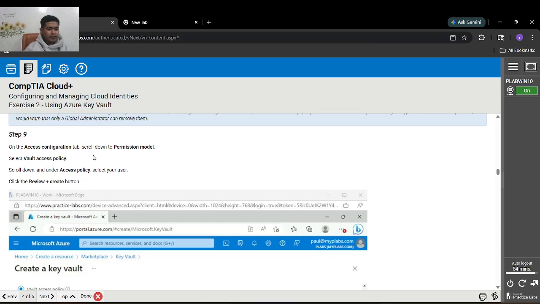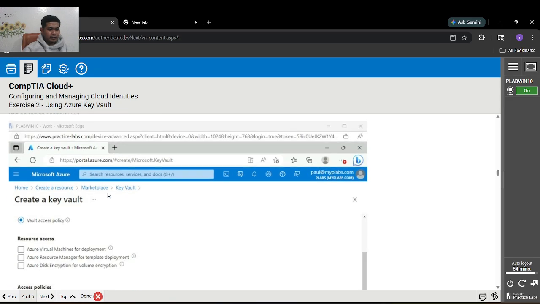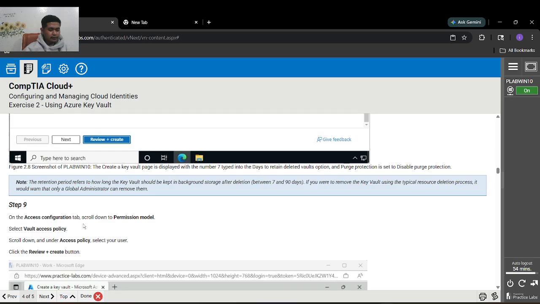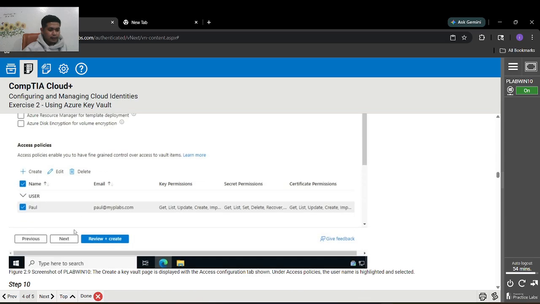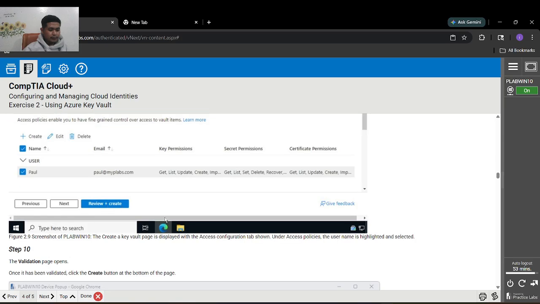Step 9. On the access configuration tab, scroll down to permission model and select vault access policy. Scroll down and under the access policy, select user and click the review plus create button. So once you are here, click vault access policy as the permission model, and click review plus create.